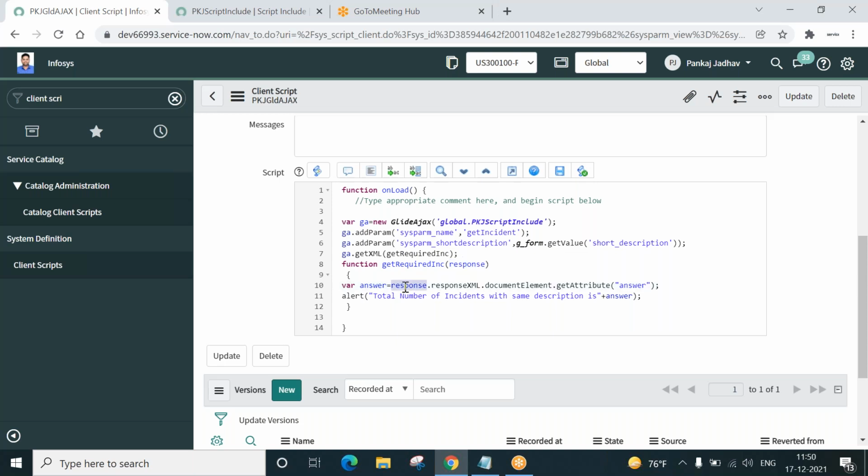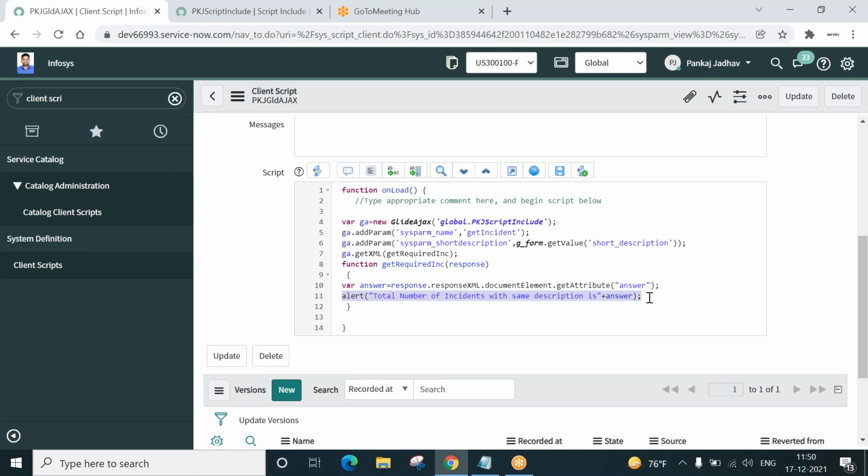That's the reason we parse the response like this, response.responseXML, and we specify this reserved attribute called answer, and whatever the script include has written will be stored over here, the digit, and then I will show the answer over here. Total number of incidents with same short description is answer. It can be 1, 2, 3, 4, 5. It can be 0. Correct. So jump to server side, take the result, come back to client side and show the result.